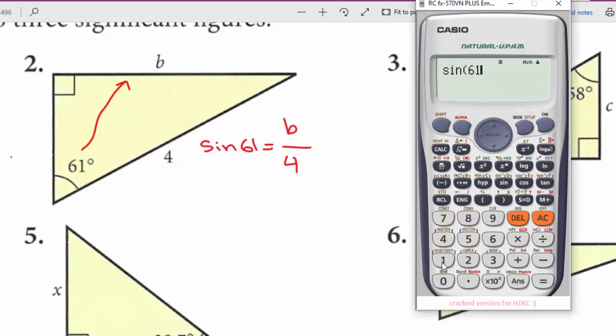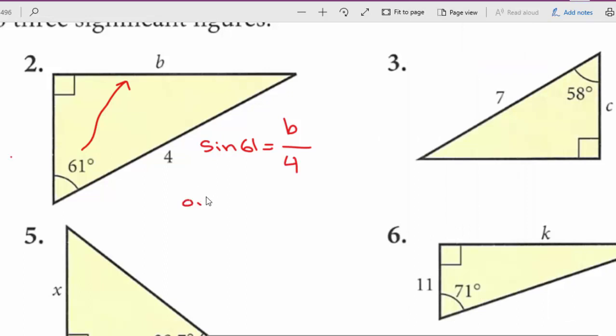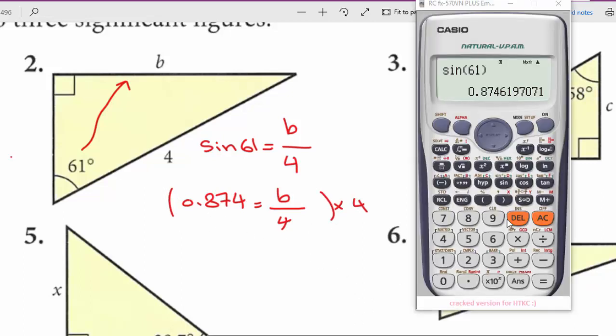Sine of 61 is equal to 0.87. So 0.874 is equal to b over 4. How can we get rid of this 4? By multiplying both sides by 4. Then this answer times 4